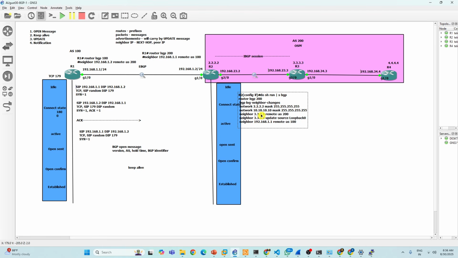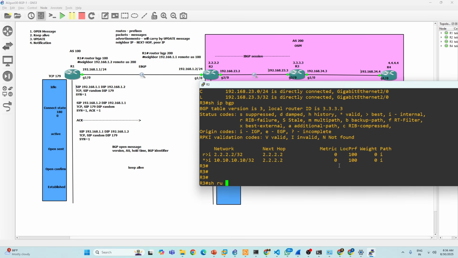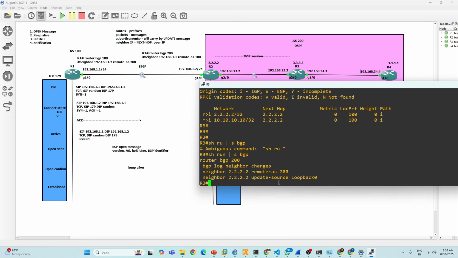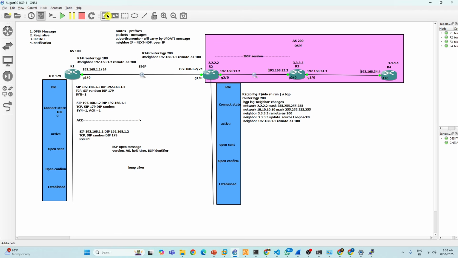This is R2, and I'm going to paste the R3 configuration as well, with show run section BGP. Then I'm going to paste the routing table routes as well.